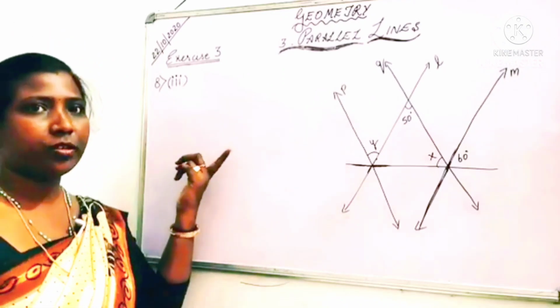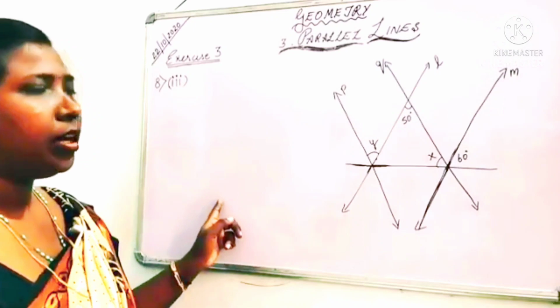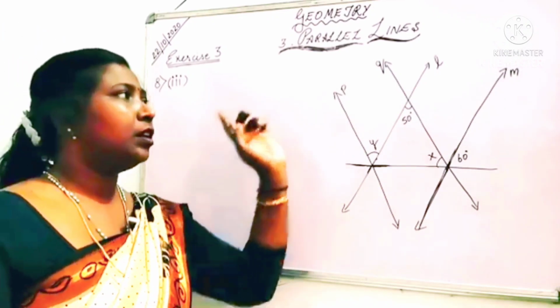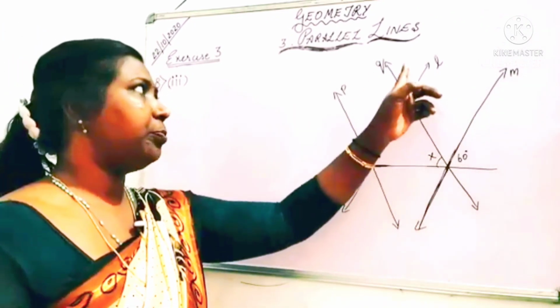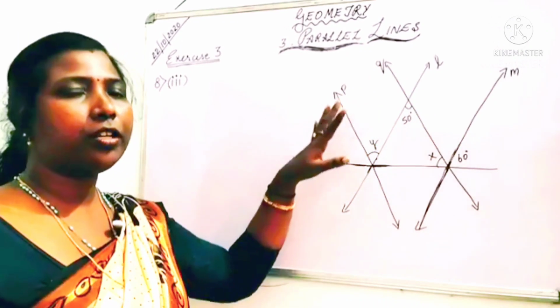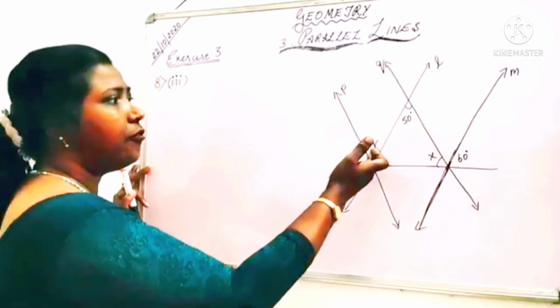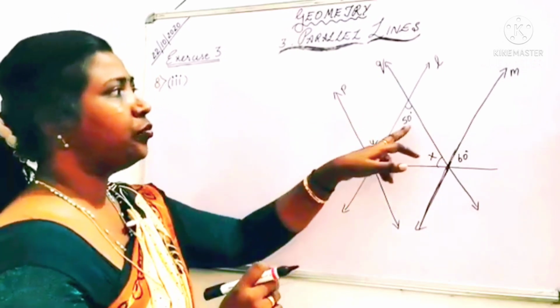Now this is the last question of this exercise. The third question I will do for you. So here again I am explaining, the question was L parallel to M and P parallel to Q. In that case, first we will see the shorter part, how you can find the simple part, that is y is equal to 50 degree.